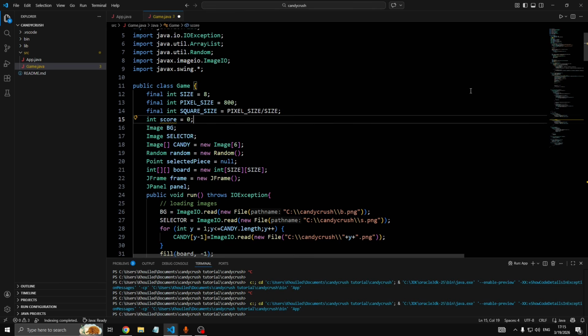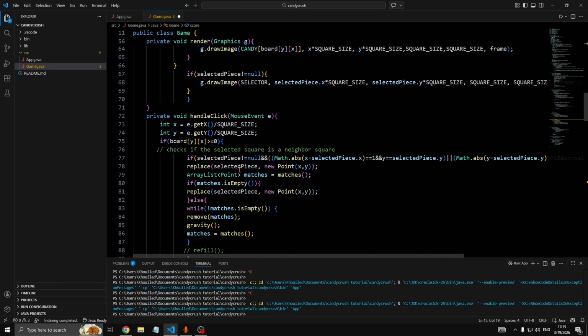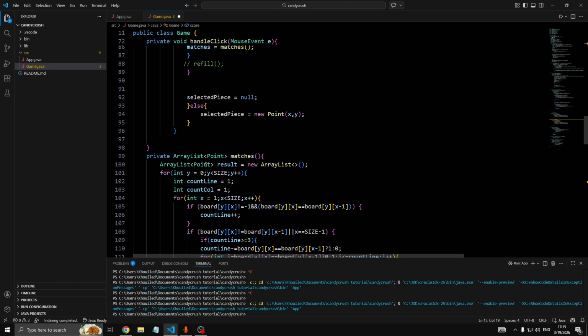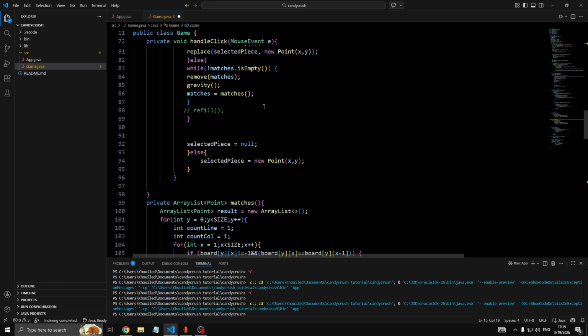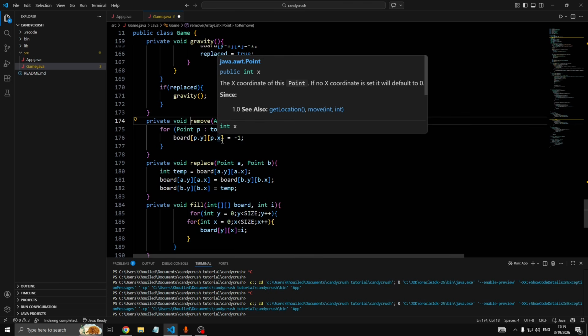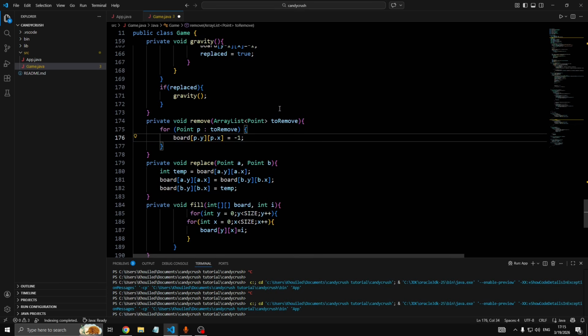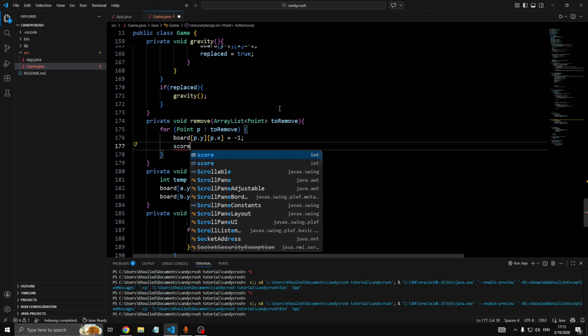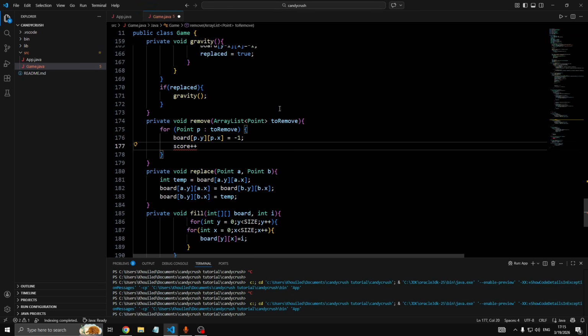Maybe for 3 matches you want to add 3 to the score. For 4 matches you want to add something a little bit bigger, like 8 or 10. One way to do it is just to go to the remove function, and whenever we remove a square, we're just going to add it to the score. It's score plus plus,